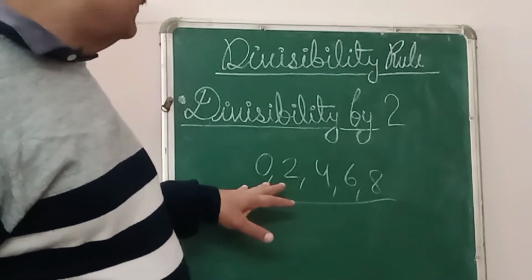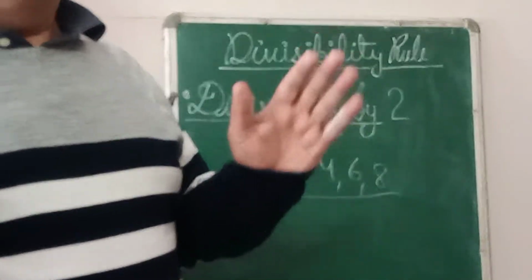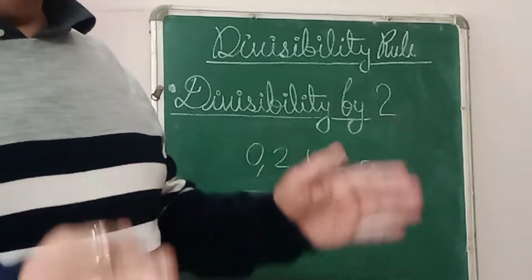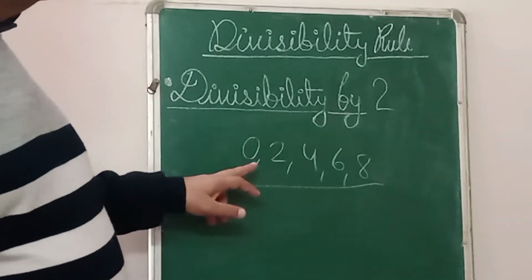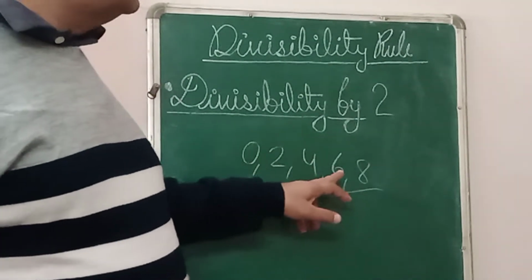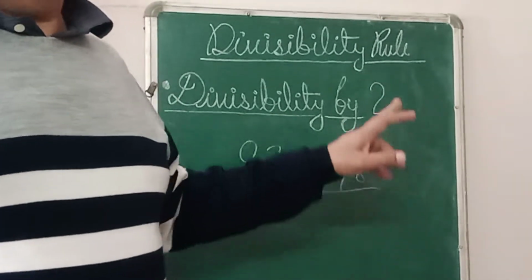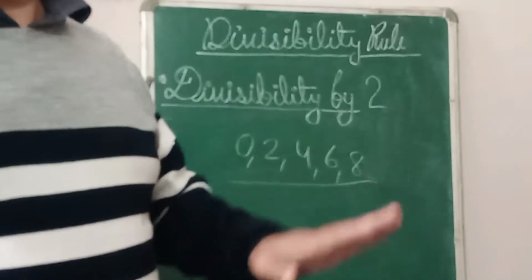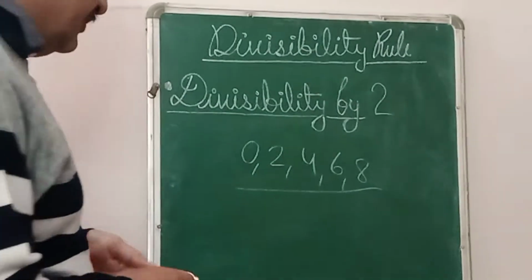अगर जो नंबर को हमें 2 से डिवाइड करना है वो नंबर के यूनिट प्लेस, इकाई के स्थान पे 0, 2, 4, 6 या 8 है, तो वो नंबर जिसे हमें 2 से डिवाइड करना है वो 2 से डिविजिबल होगा।